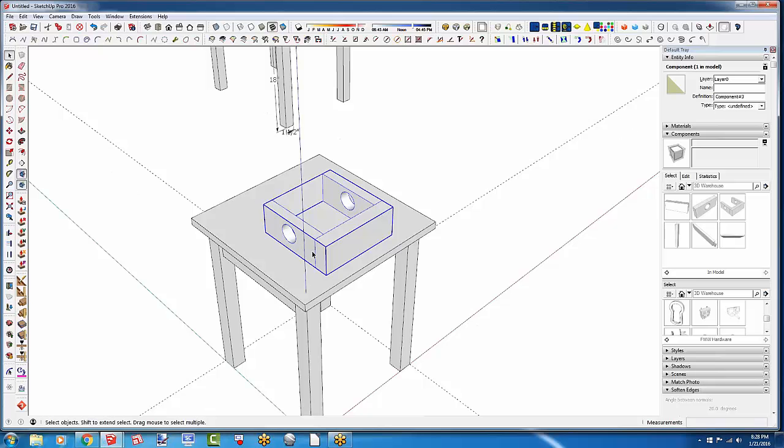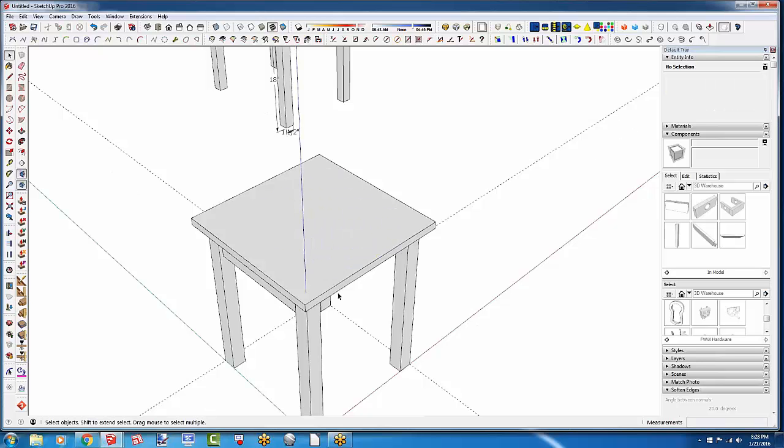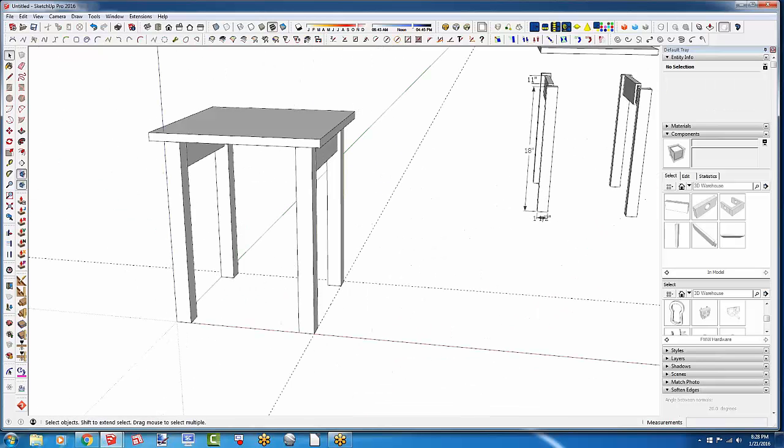Well, yeah, and let me do that with the table here. Let's